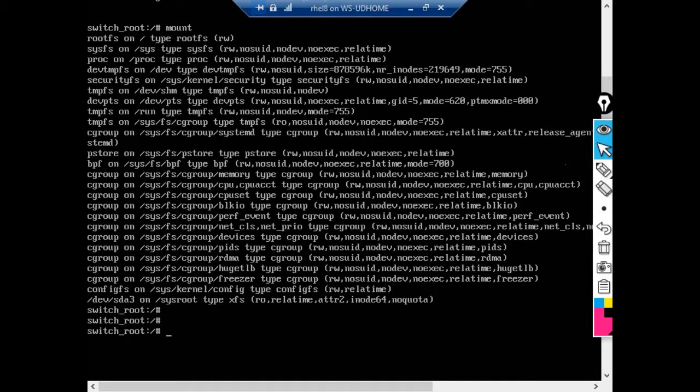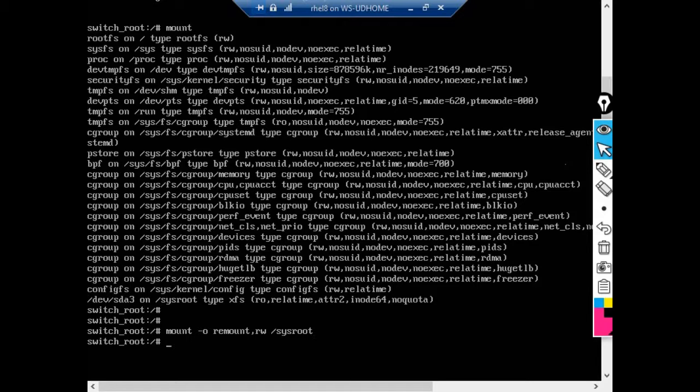and I have to type mount, then I have to remount it, -o remount,rw, that is read and write, then /sysroot.